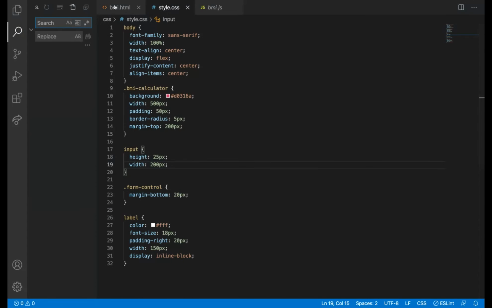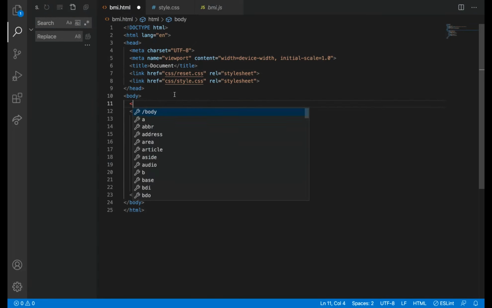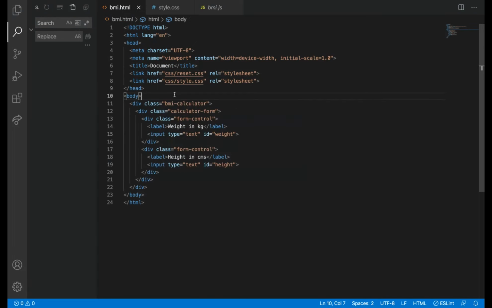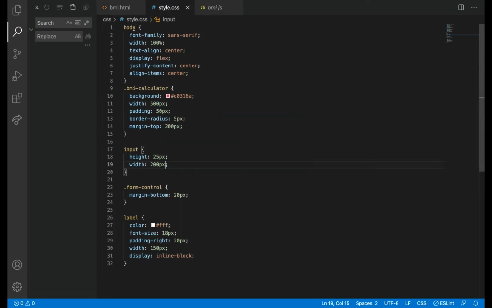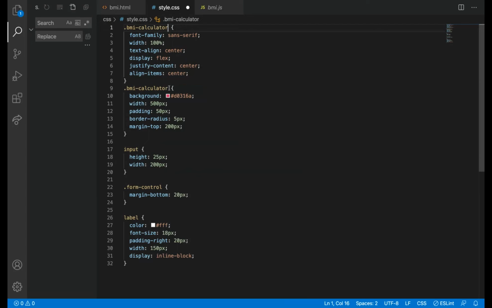I'll do that. I can do for... I'll give all these styles to the calculator form. I'll delete this.